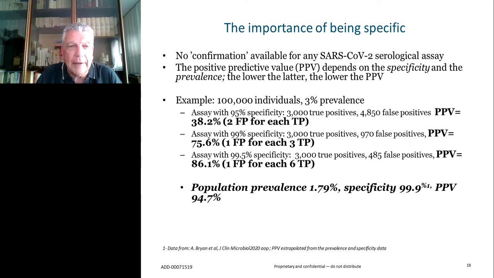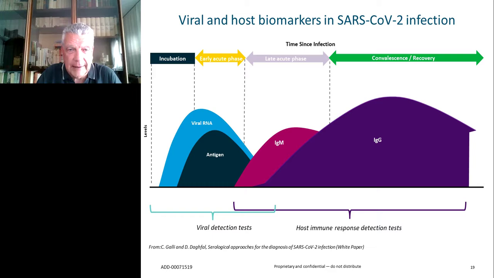If you want to have an actual figure, on the study I mentioned before, they did a population survey in Boise, Idaho, and found this kind of prevalence, very low, but since their specificity was 99.9%, then in that instance, even with a very low prevalence, the predictive value would have been almost 95%, which is very hard to attain, by the way. And this has become increasingly relevant, and the more we go on, the more we will see antibody testing in asymptomatic populations and in people that possibly did not have any clear epidemiological link.